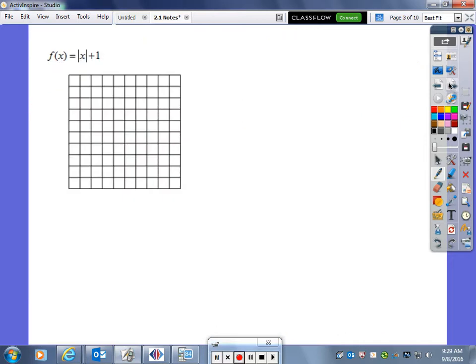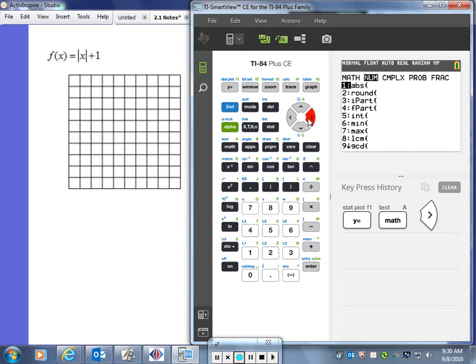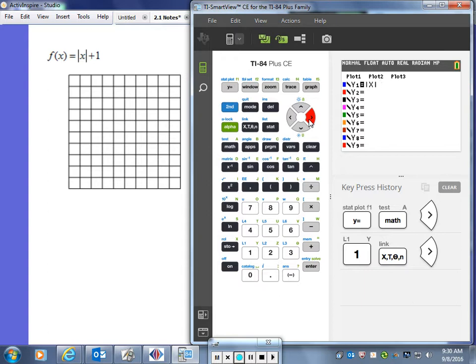Let's move to our next example. And what I'm going to do is, in order to get an idea of what this curve is actually going to look like, I'm going to use the calculator and see what the calculator will give me for a graph. And obviously you can do the same at home or in class. I'm going to put in the equation. As you know, y is equal to, and then we start with the absolute value, math, go to the right, number 1, x, move out of our absolute bars,